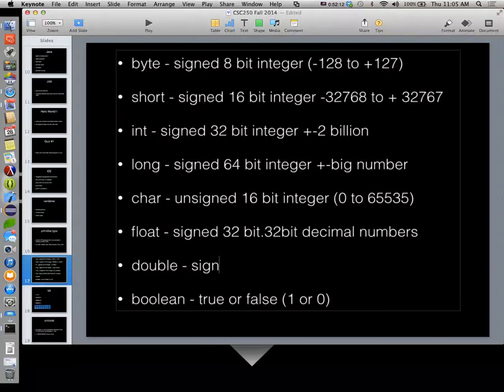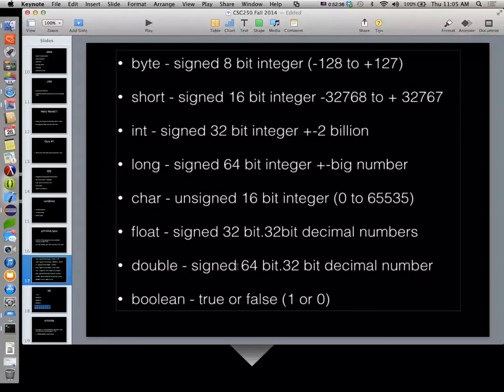A double is a signed 64-bit number with a 32-bit decimal part. So after the decimal point, it's 32 bits of precision. Before the decimal point, doubles can hold 64-bit numbers like longs. Floats can hold 32-bit numbers like ints.